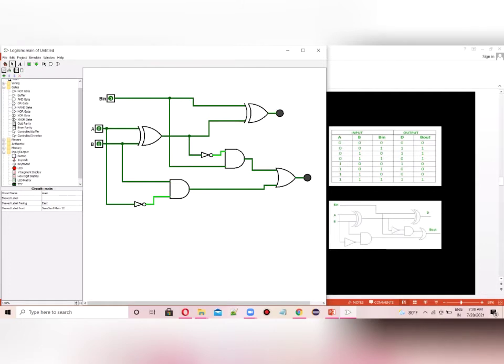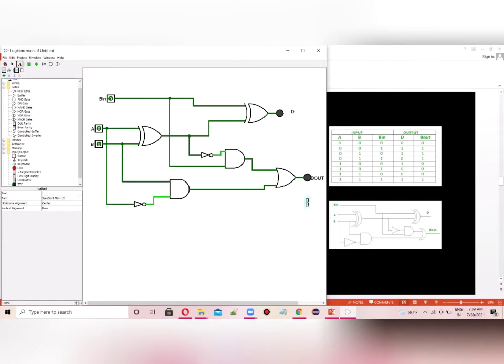Now let's label the outputs as D and Bout. Now our circuit is ready.